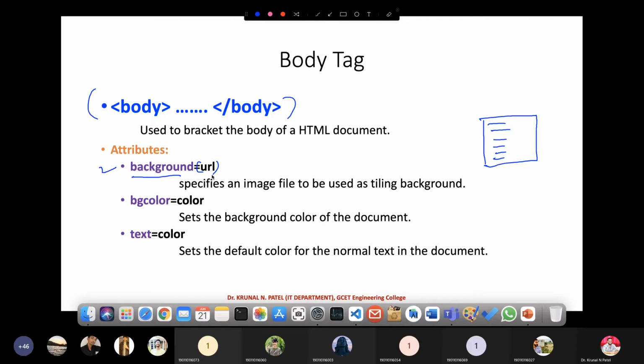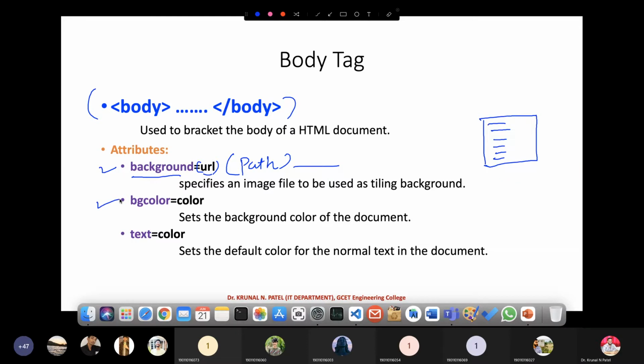So here URL means you have to provide the path, the fully qualified path, right? So where you have actually stored your image, that path you have to provide in this particular URL. Okay. So you have to write background is equal to the particular URL. Okay.